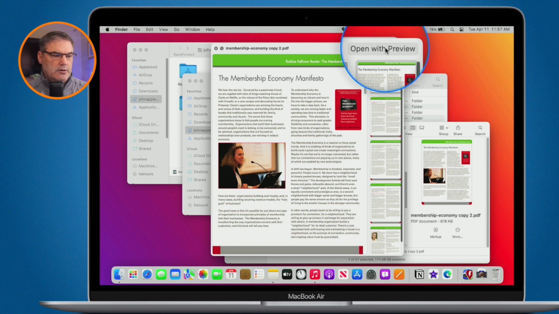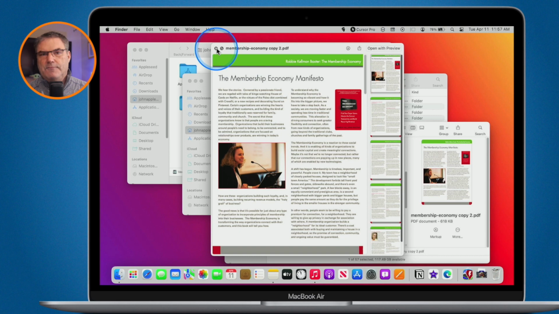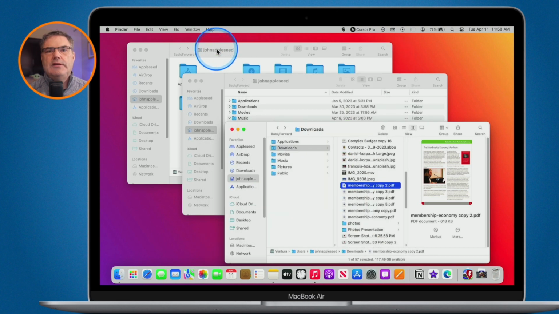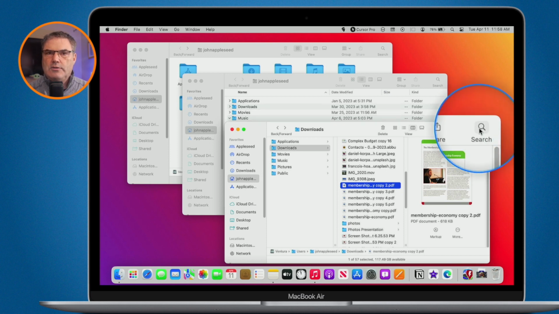So that's our quick look, something that I use every day. You don't actually have to open up the document or the picture. You can just use the spacebar to look at it, and then if you want to open it up, you can go and open it up. It's a great way to find a specific file or folder. Speaking of finding, how do we find our files and folders? Well, all you have to do is just go over to the right in the Finder window,